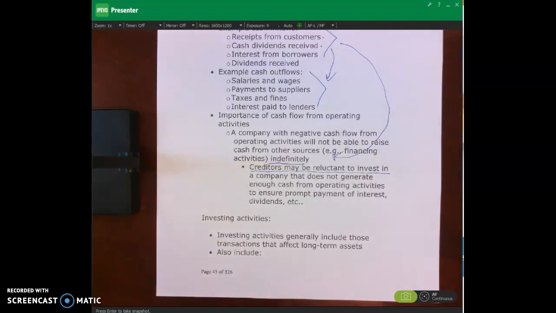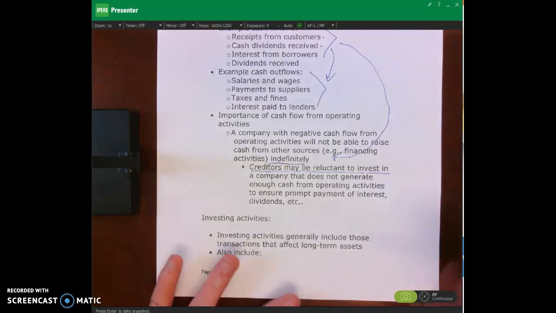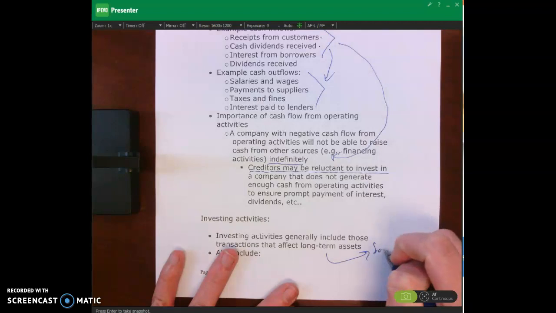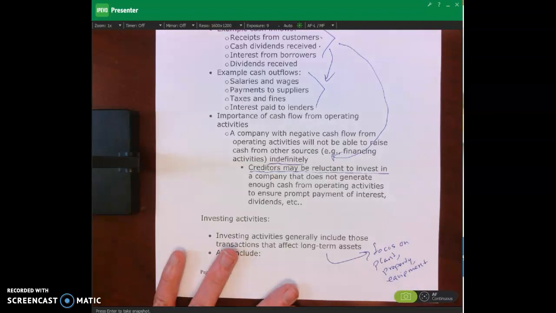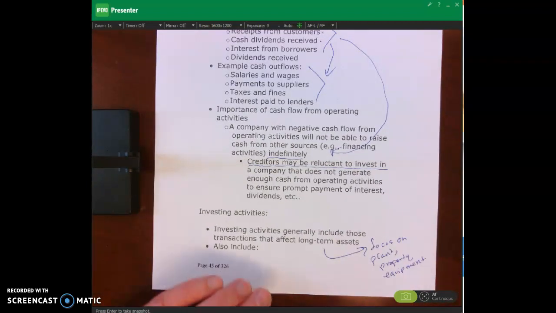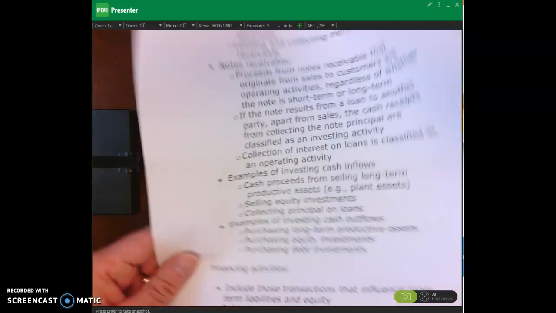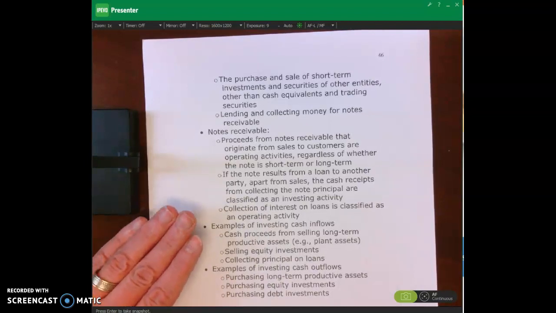When we're talking about investing activities, we're talking about those activities that affect long-term assets. So plant, property, and equipment. Okay? Those transactions that focus on long-term assets, plant, property, and equipment, for example. We can also, not just plant, property, and equipment, although a lot of our examples will revolve around that,